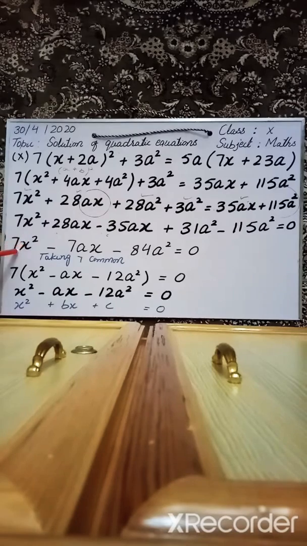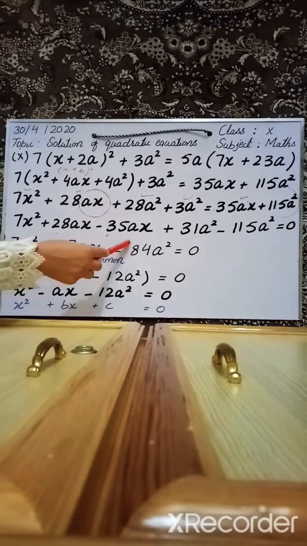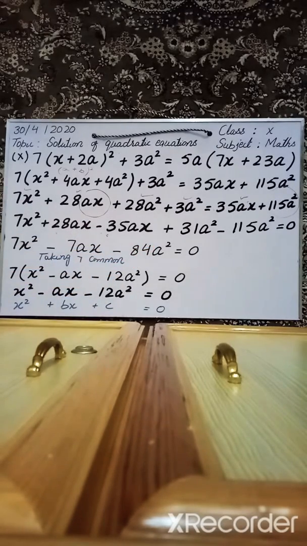So what is the step for factorization or for simplification of an equation? The very first step is taking common. When we take out something common, the equation gets simple. So 7 is common in all these three, because 84 comes in the table of 7. So 7 can be taken common.